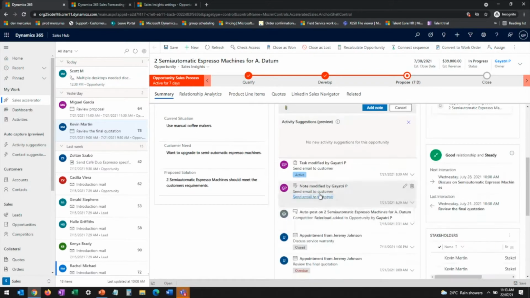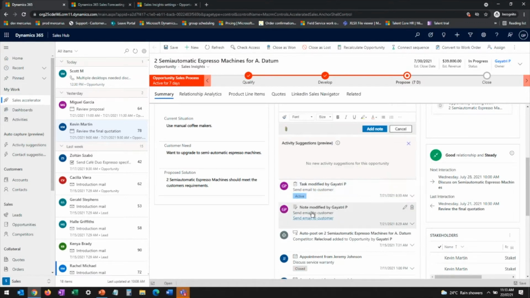So you can see this blue link. What does this blue link suggest? It is suggesting that I should either create a task or edit this note. So this feature is about entering a few keywords into the notes, where the system will ask me. For example, this is an email, send email. So the system is asking me, do you want to create a task? The system will give me a reminder to send the email.